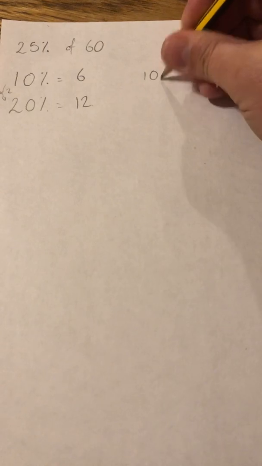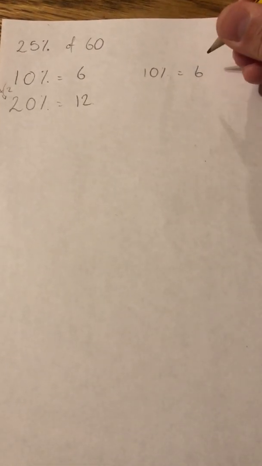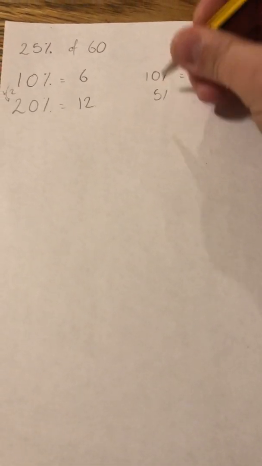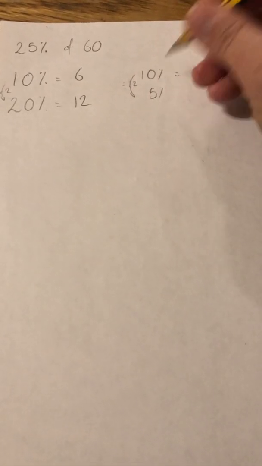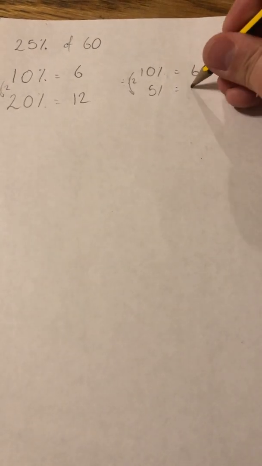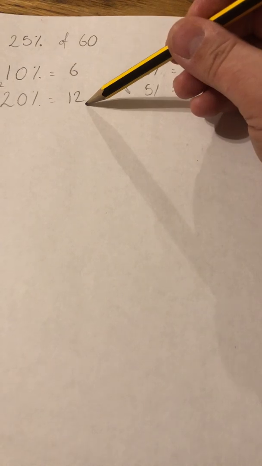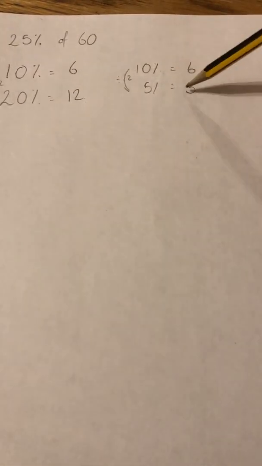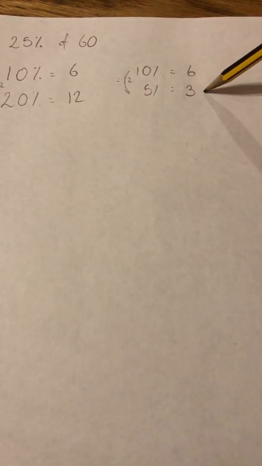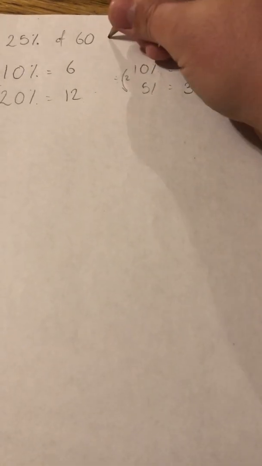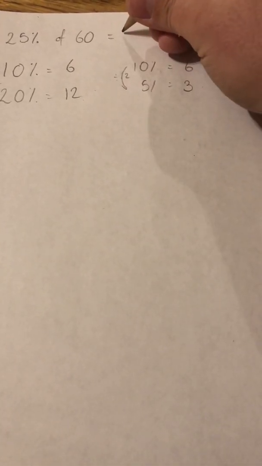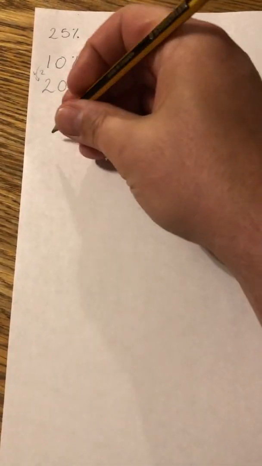I now need to find the 5%. So we remember that 10% was 6. 5% this time I've got to divide this by 2. 10 divided by 2 is 5, so 6 divided by 2 is 3. So that's great, I found my 5%, I found my 20%, and if I add those two numbers together, 12 add 3 is 15. So 25% of 60 is 15. I'll have another go. I can move on to